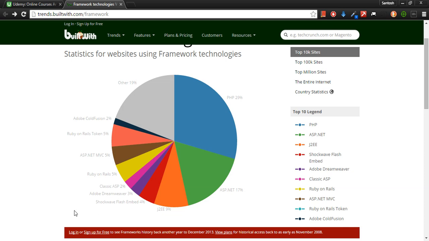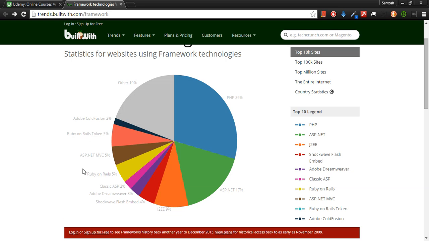But let's say you want to be the person who knows what others do not, right? You want to be that particular sort of expert programmer or developer that knows what others do not. Then you can concentrate on technologies such as Cold Fusion and ROR, which is a very popular language, as you know.